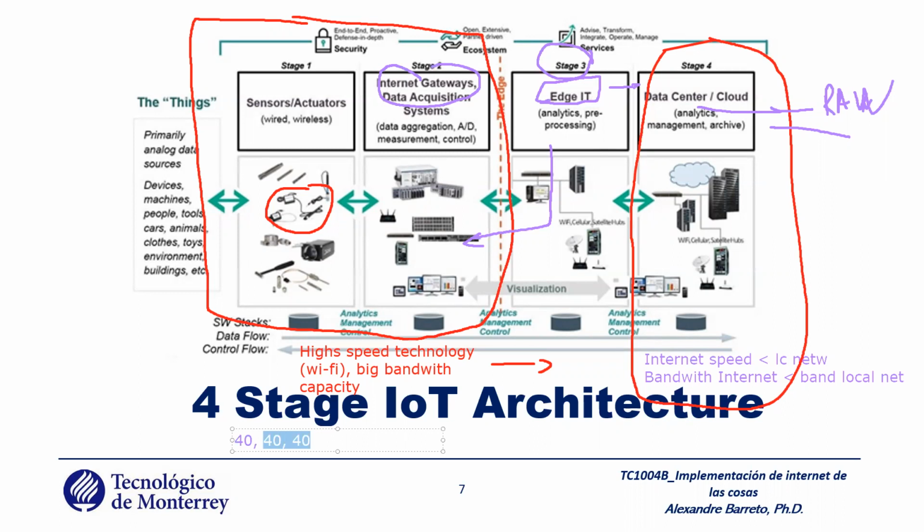Then 30, about 33 Celsius, 23 Celsius. The next measure is 23 Celsius. The next measure, 23 Celsius. Do you need to send this data to the cloud? No, it's not required. You can use the edge.